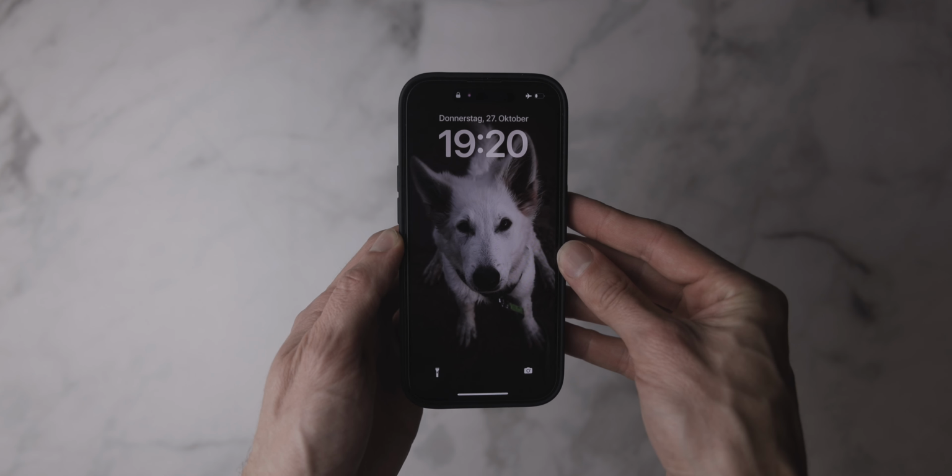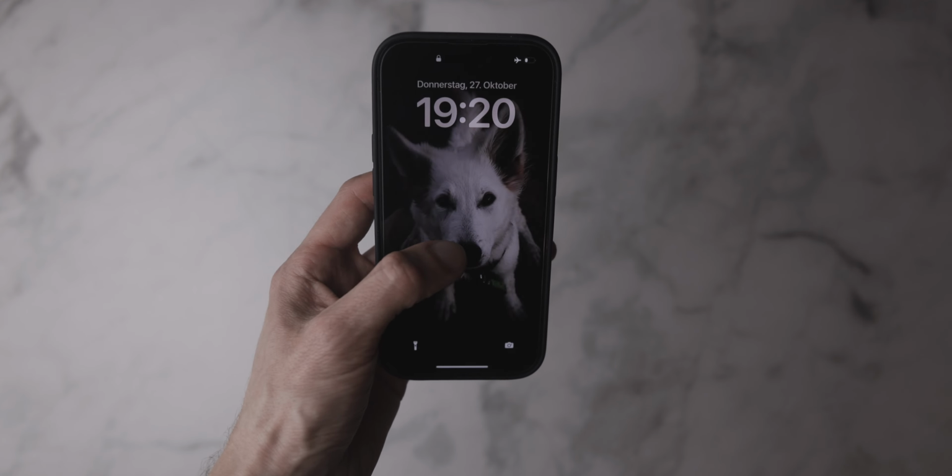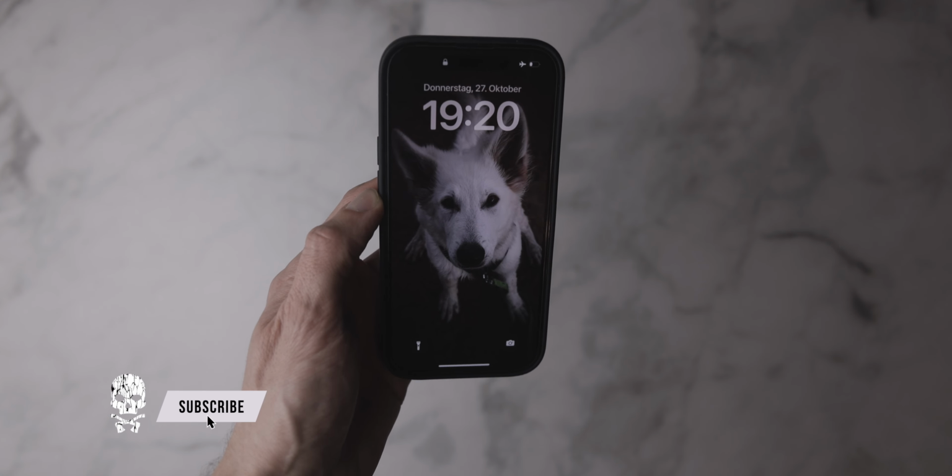And first, let's start with the lock screen. I decided to set up a minimalistic lock screen because I don't want to have any unnecessary things on my lock screen that can easily grab my attention. So that's why I just have a photo of my dog right here, the time and date so I can check that whenever I need it,